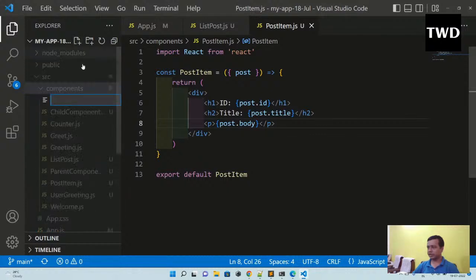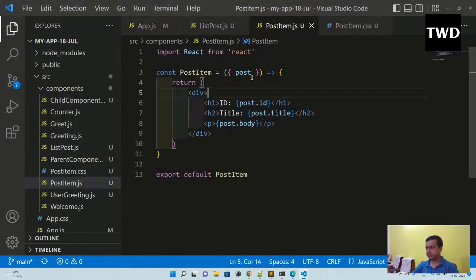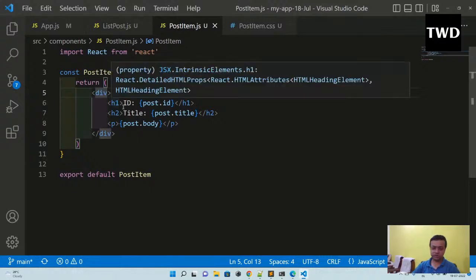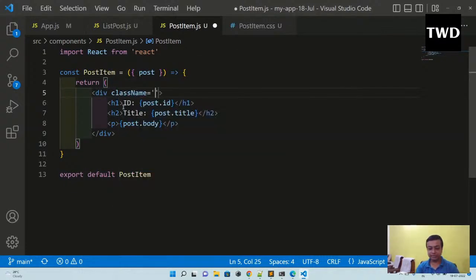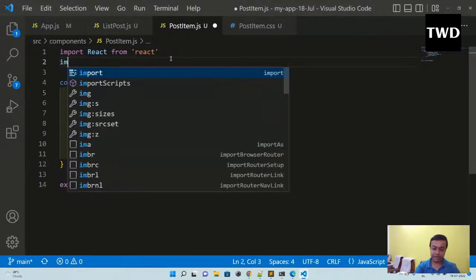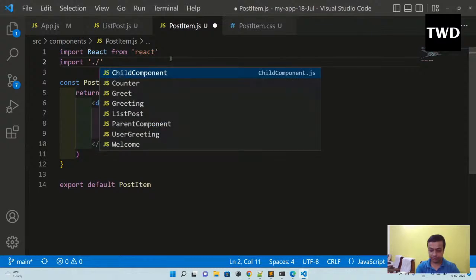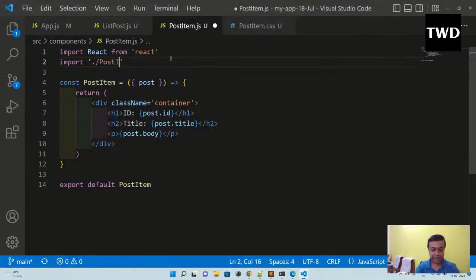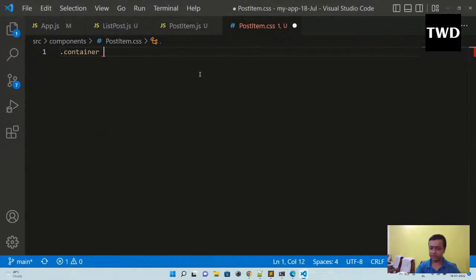So I'll come here and create a post item.css. In this div I will add a className, container. I also have to import the path, post item.css. So you import post item.css like this and save it. Now this is a normal CSS, the only thing is the class name is there. So I'll do a .container